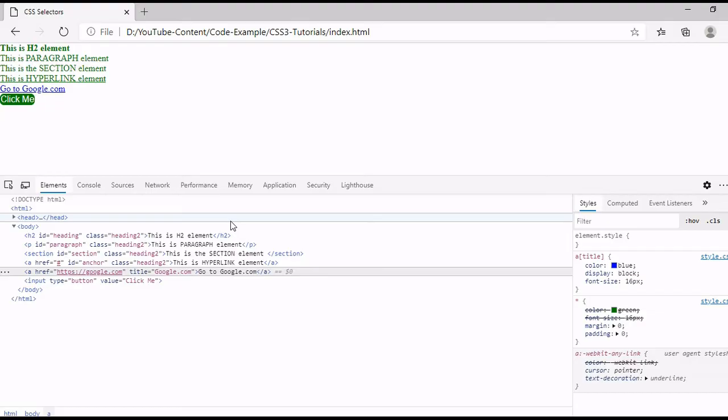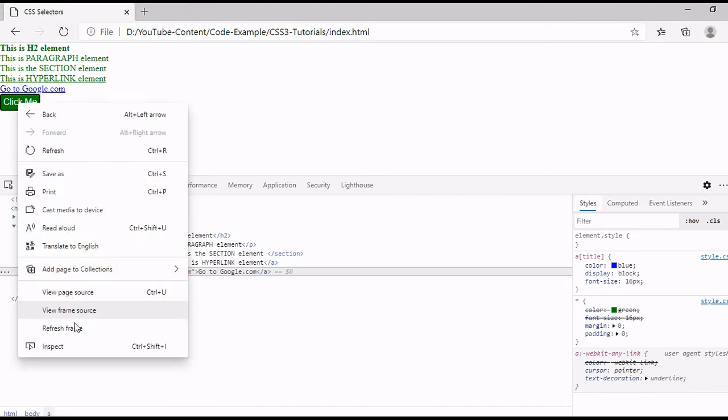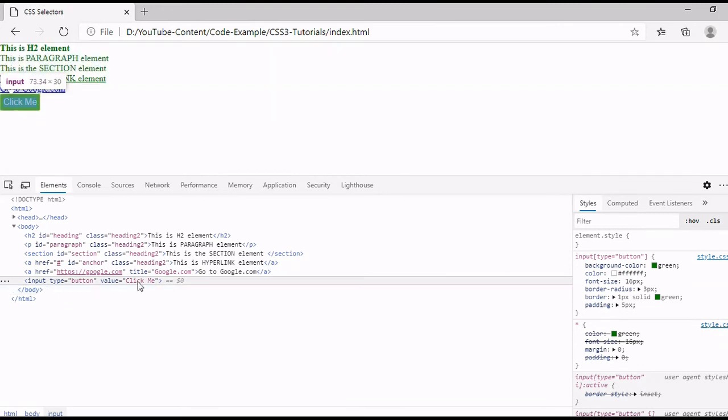So let's see. Here you can see our input element with all the properties we have given by selecting the type attribute with button value.